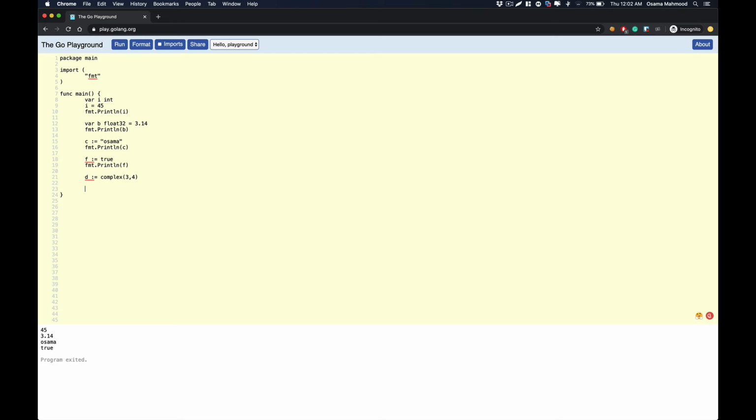So if we go ahead and print this variable out, you will see that the compiler automatically understands that this is a complex number, and it will automatically print out that this is the real part of that number and this is the imaginary part. You can also separate these two parts